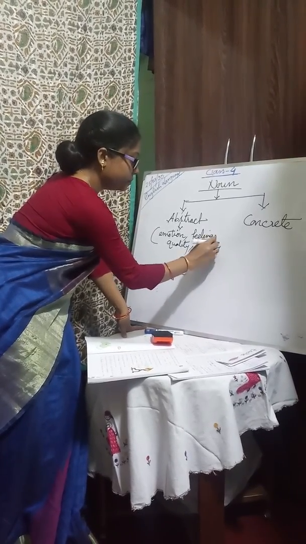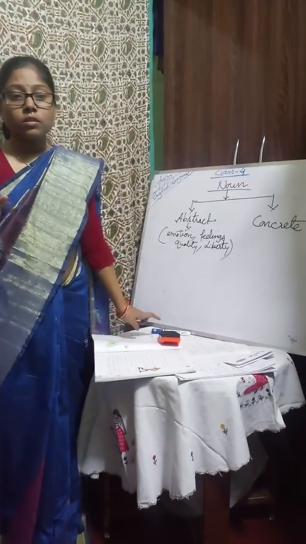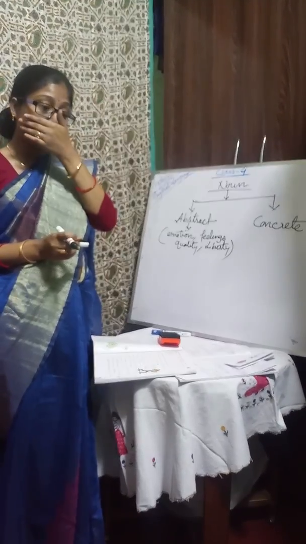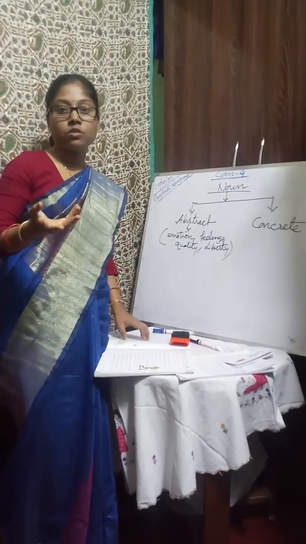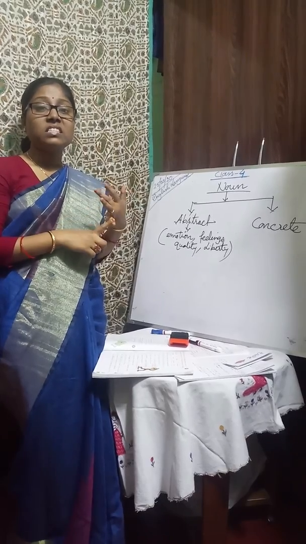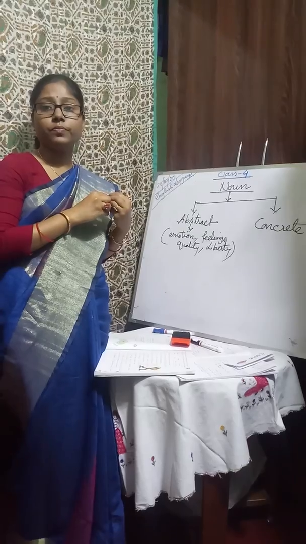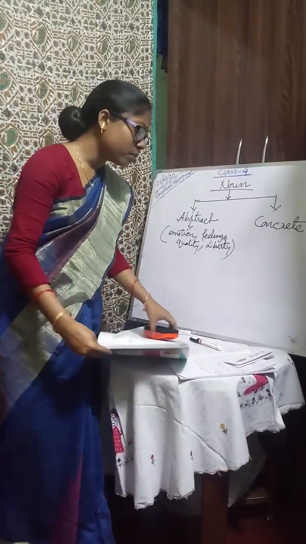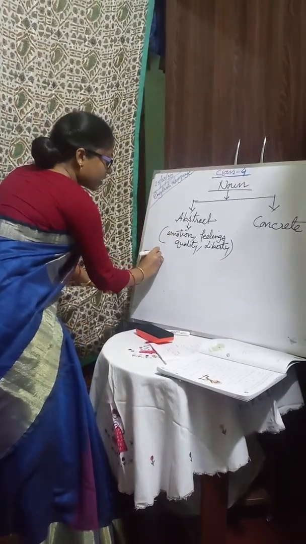Liberty, concern, these all mean things which we cannot see through our five senses. Clear? We know how many senses we have: five senses. The taste, smell, sight, hearing and so on. These things we cannot sense. That is what abstract is, because these are all emotions. Let us write one example related with this.